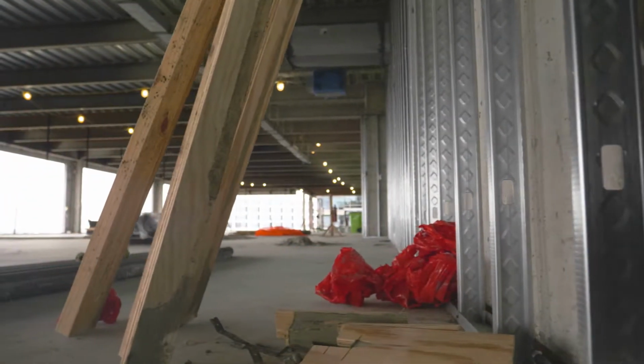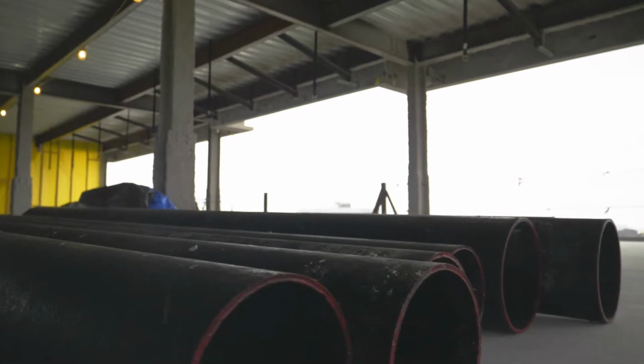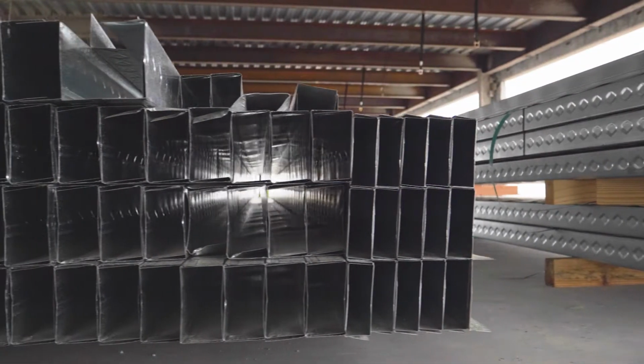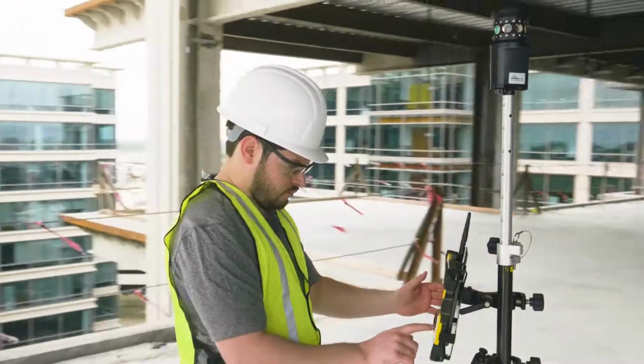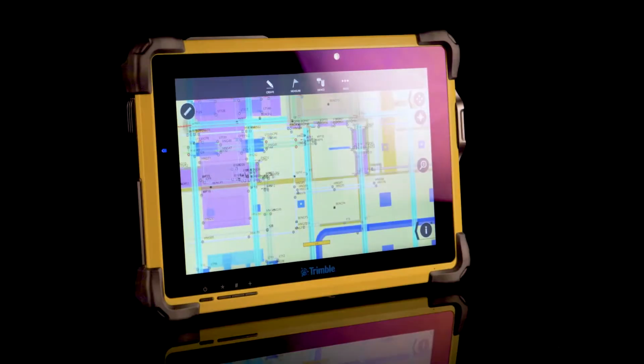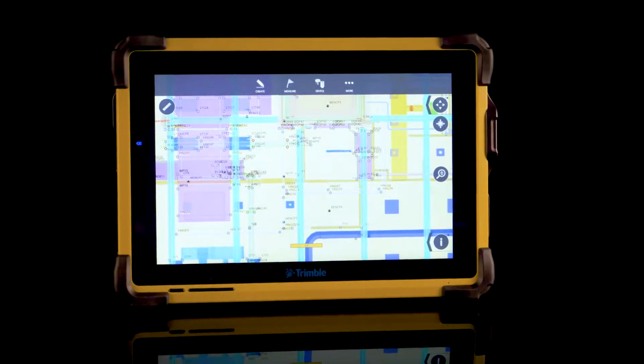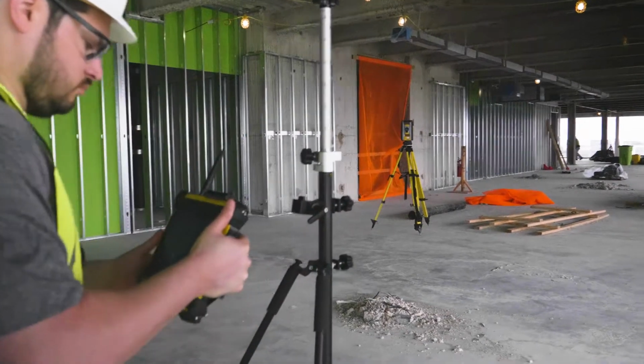Capability in the field. Contractors require a reliable and powerful field computer to manage the increasing flow of data coming and going from the modern job site. Introducing the Trimble T10. Designed from the ground up as a field-focused tablet workstation, the Trimble T10 personifies the state-of-the-art